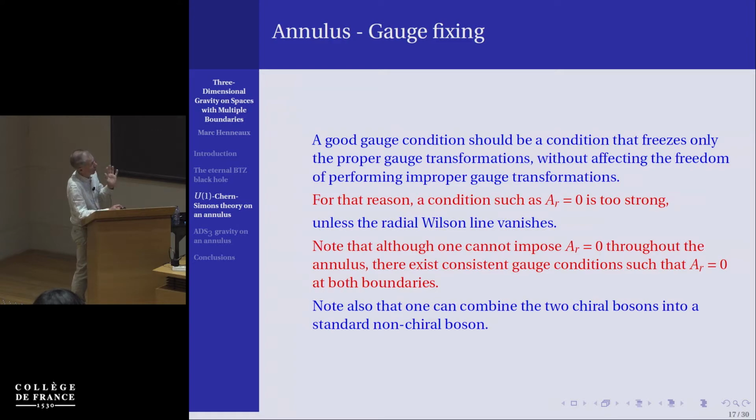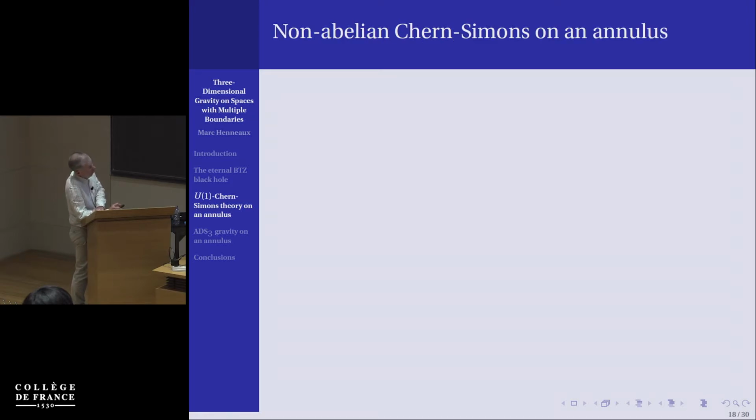Okay, then you can do more, but I will not develop that here. Well, you can combine the two chiral bosons and get a standard non-chiral boson, but that's something that I will not discuss here. I want to treat gravity. And in order to treat gravity, I have to first consider the case of non-abelian Chern-Simons on an annulus,